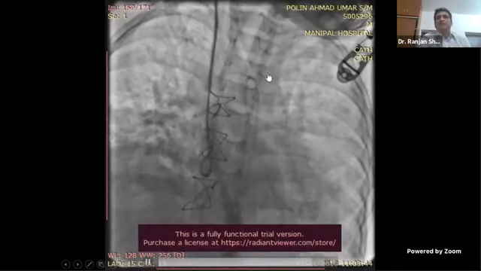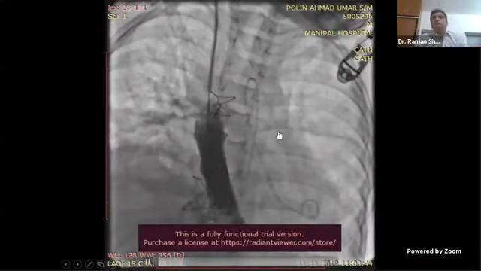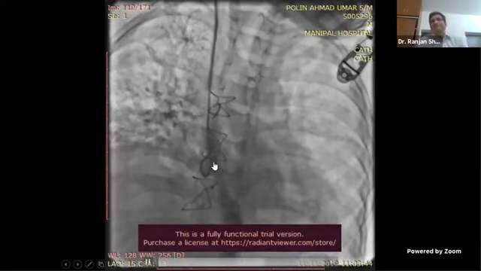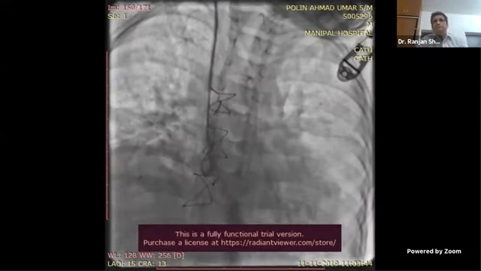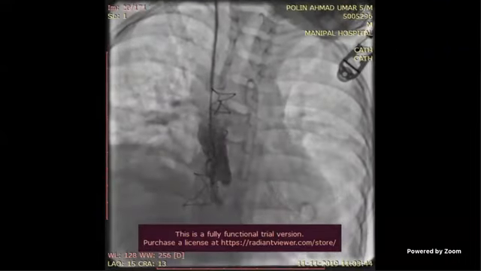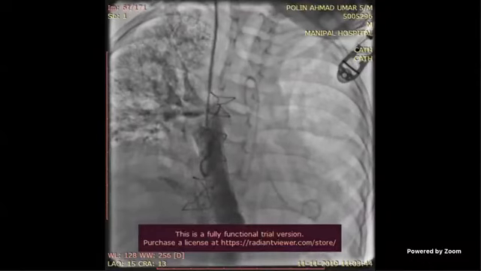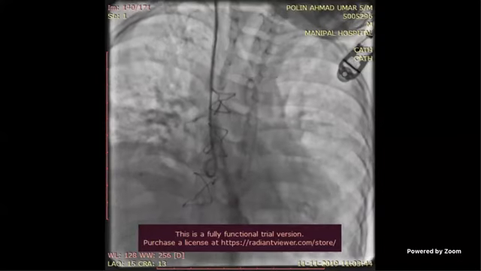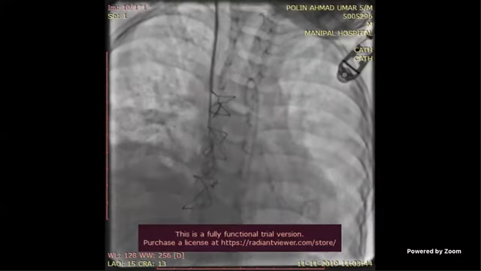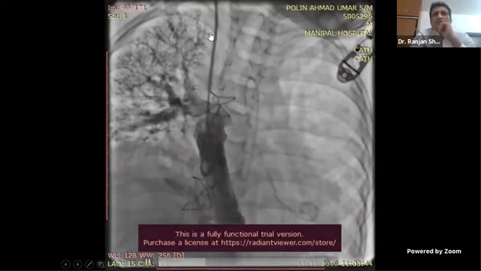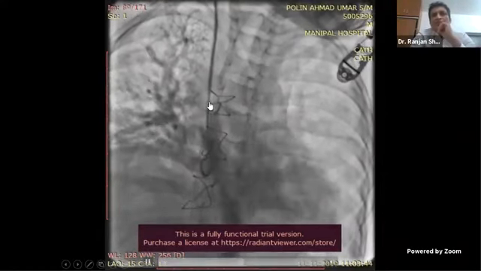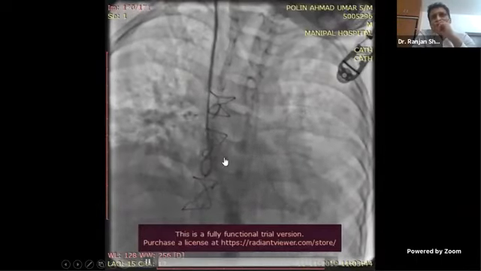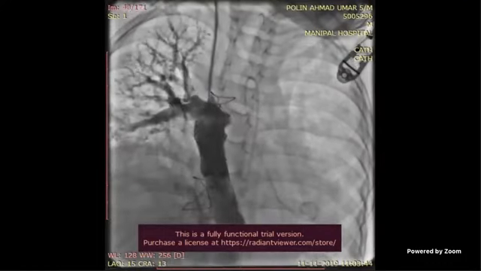So most probably this is a shunt, sir. It's a post-surgical case, no? Yes, sir. Where is this venous pigtail landing? It is landing in the SVC. It has gone through the PA, no? Yes, sir, the SVC is connected to PA. From PA, it is getting connected to one more structure. What is that? It looks like a conduit, sir.